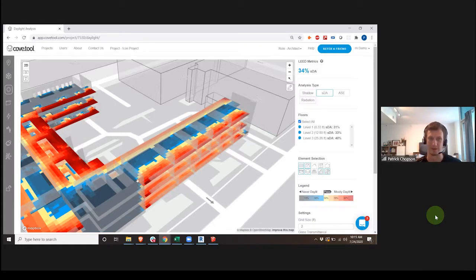I could actually use this tool to prove that my design with the big windows actually made sense, and that if I made them smaller, you wouldn't get that daylight. Because a lot of times people just want to know with an actual number, how effective is this design? And a lot of architects and engineers, it's hard for you to visually show a client why something works